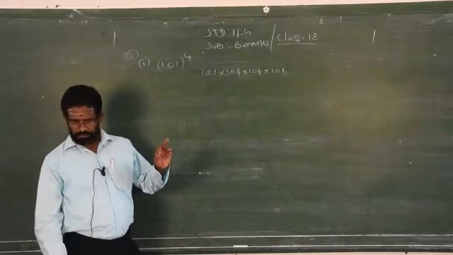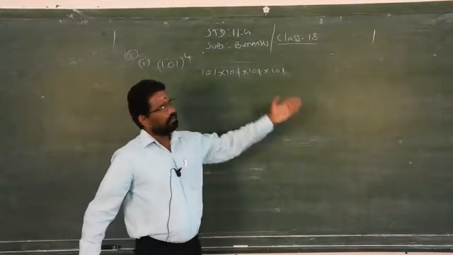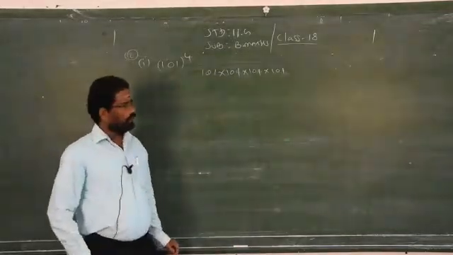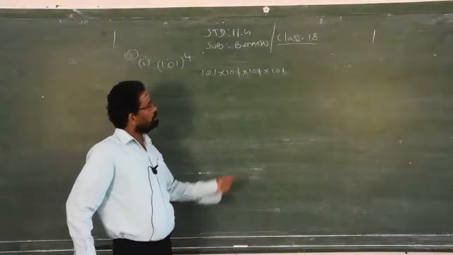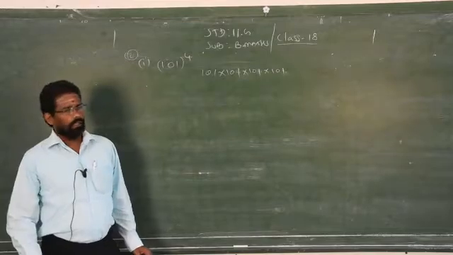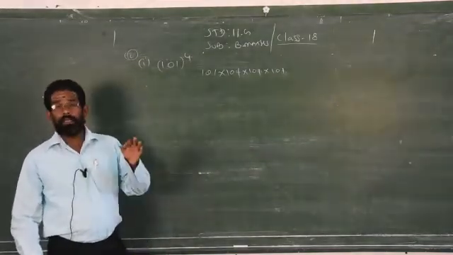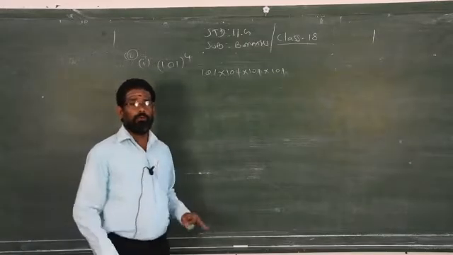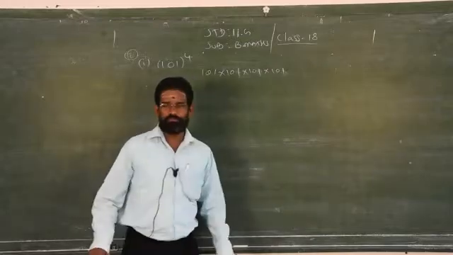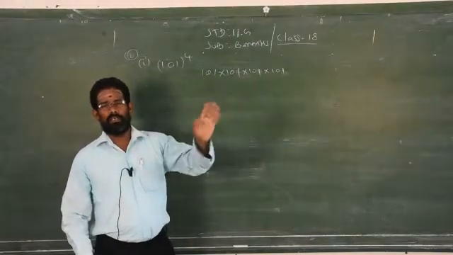See, the question is given very clearly: evaluate. If it is given simply as evaluate, then you can apply the normal multiplication which we studied in the lower classes when the power is given for any number. Clear? But it is given very clearly: evaluate the following by using the binomial theorem. So you have to use the binomial theorem to find the solution. Don't straight away write down the answer, they will not give marks.